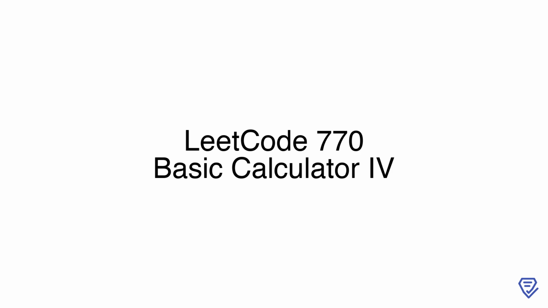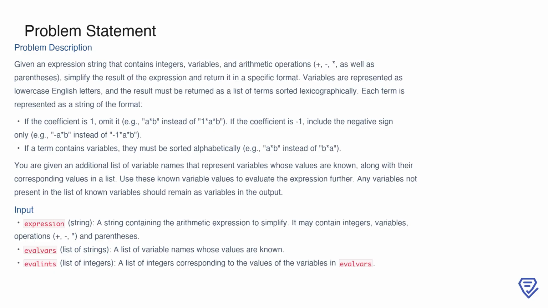Welcome! In this session, we'll be tackling LeetCode problem number 770, Basic Calculator 4. This is a fascinating problem that combines parsing, algebraic manipulation, and efficient computation. We'll explore the problem, break it down step by step, and review an approach to solve it. Let's dive in. In this problem, we are tasked with simplifying a mathematical expression that can include integers, variables, and